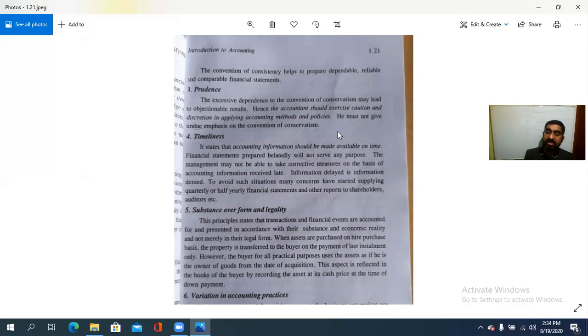Information delayed is information denied. So in order to avoid such a situation, the concerned have started supplying quarterly or half-yearly financial statements and other reports